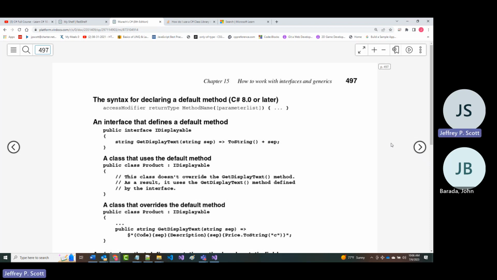Let's suppose that I'm creating an application and I'm creating a class that's definitely based off of another class. But I'd also like to have something that's based off of something else. Well, if that something else is an interface, then it would just make sense for you to be able to implement it as an interface.